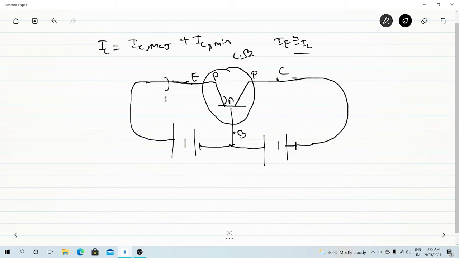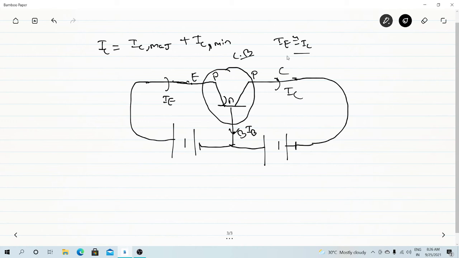So let's say this current is my IE, emitter current. This is my base current which is flowing from this side, this is IB, and this is my collector current, that is my IC. And this relation IE equal to IB plus IC is always valid, and IB is very very small, that's why we can neglect this, and this IE is nearly equal to IC, because very few holes can pass through the base, because N side is lightly doped, due to which resistance is very high, so very few holes can flow through the base side, that's why IB is very very less.